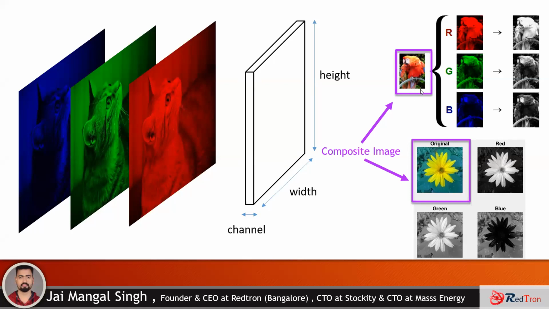Now, once you pass the information into MATLAB, it quickly dissects it into its own constituent layers. So if we pass a parrot image, then for your visual understanding, I have shown how the red layer will look, how the green layer will look, how the blue layer will look. But inside MATLAB, it will be seen like this, the outcome that is complete black and white. The black and white form of red is looking more whitish. Why? Because the parrot has more of its body color in the red zone. So most of the body color is looking red.